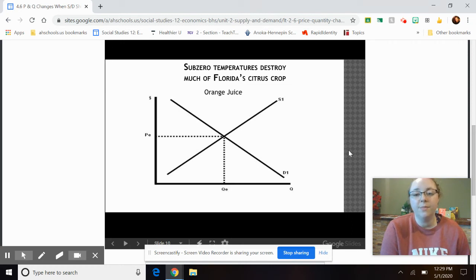This one would be a decrease in the supply. It would be supply because a natural disaster or weather phenomenon caused this, which means that it is the eye